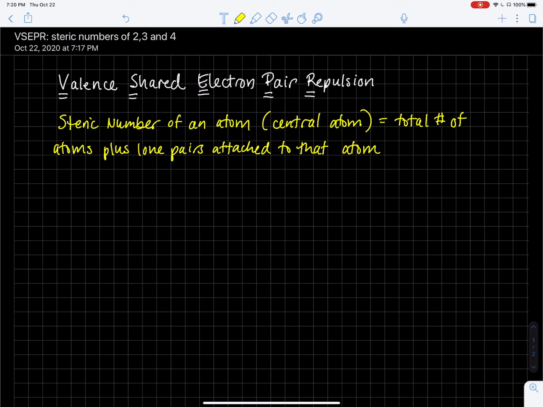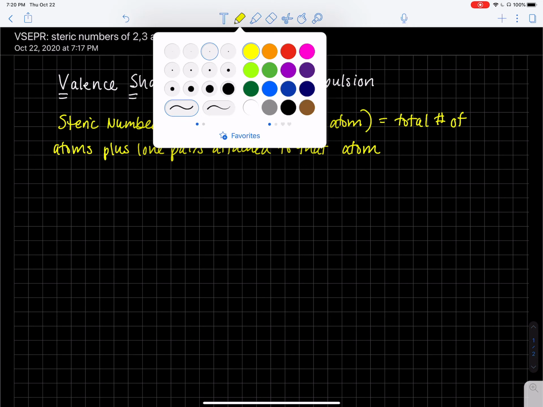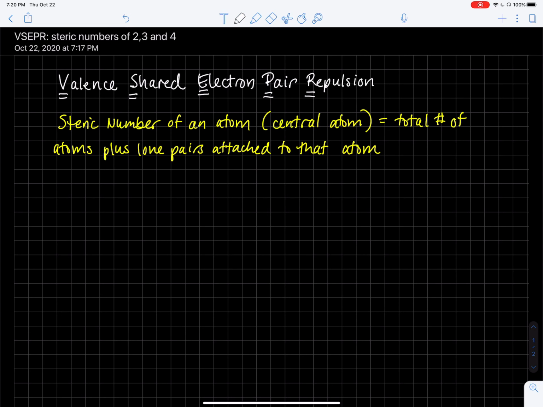And so I'll just go through examples of steric number 2, 3, and 4, and you can see some different examples of this. All right, so we'll start with